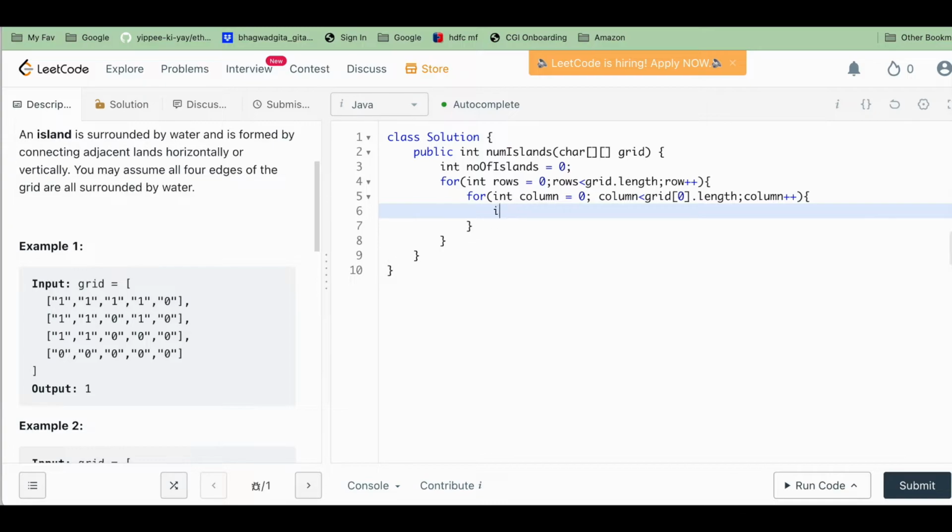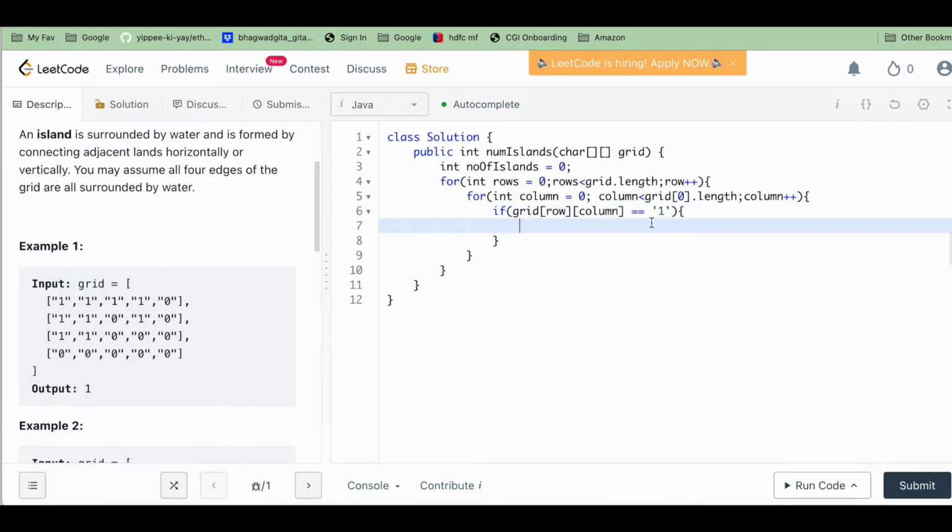And we are particularly interested only in the grid values which have 1 on them. So we'll check grid[row][column] equals '1'. Why am I using single quotes here to check the values? Because if you see the definition of this grid, it's a char array of grid, and in Java, a char can be represented inside a single quote. So we need to make sure that the single quote is there. In case you don't do that, you will get some unexpected result.